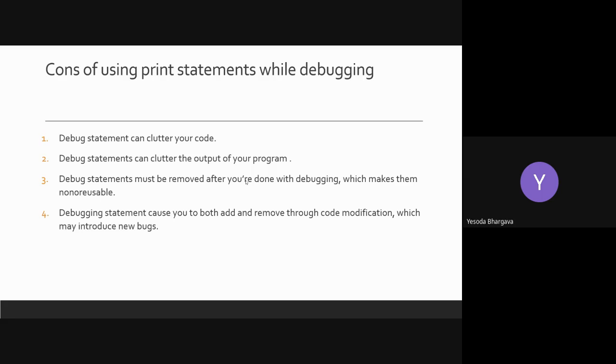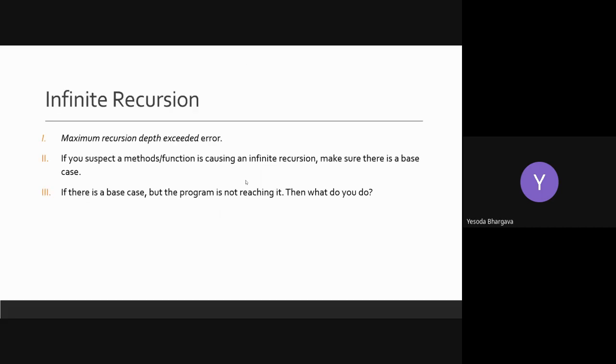So you have to follow a very clean approach of using print statements. Once the purpose behind a statement is over, you remove those print statements. Although print statements are useful, they can cause some discomfort when the code is flooded with them, and that is why a clean approach is recommended while using print statements for debugging. After that, one of the most common causes of bugs is infinite recursion.